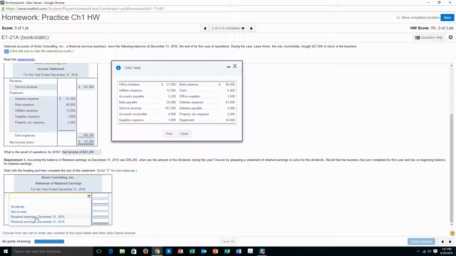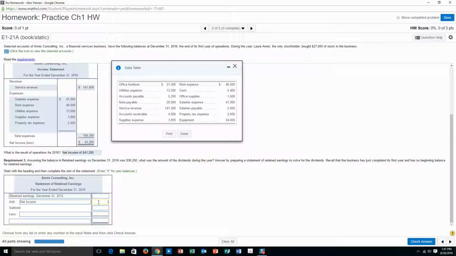Now, so the retained earnings at the beginning of the year, which is December 31st, 2015, or you could say January 1st, 2016, we're going to add the net income. And the reason we did the income statement first is so the retained earnings makes it so you have to do net income first. We have to put in, it was our first year of business, so we started with 0 in retained earnings,